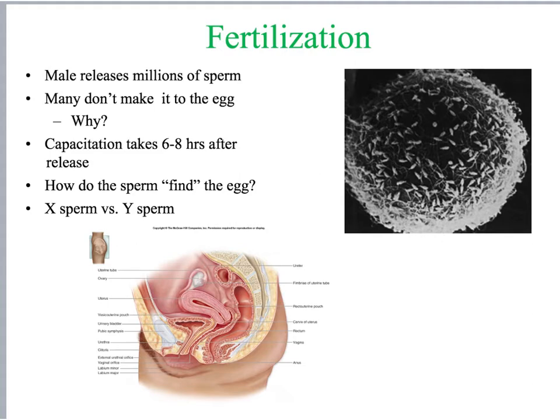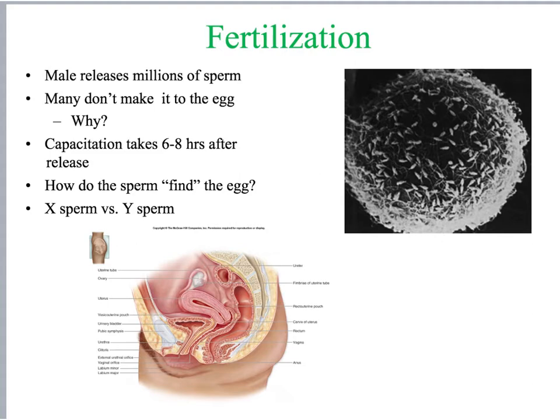And so if you think about it, now we have this other additional hurdle in that these sperm, these few thousand that are left, now have to go against the current, so to speak. Now, these difficulties aside, there's other things that sperm need to overcome. Sperm freshly deposited into the vagina, making their way up the fallopian tube, are not ready yet. They have to undergo this process called capacitation.